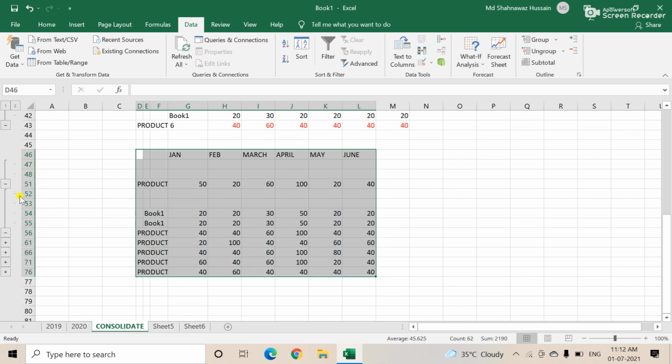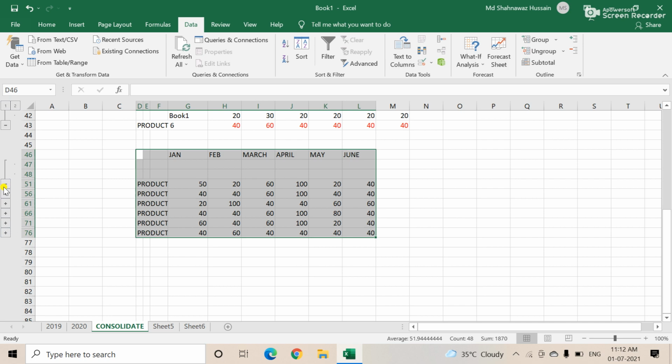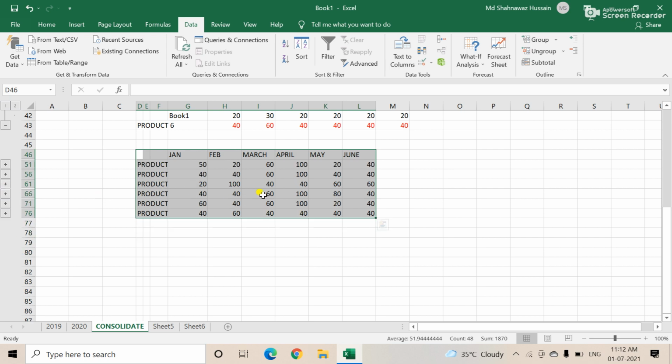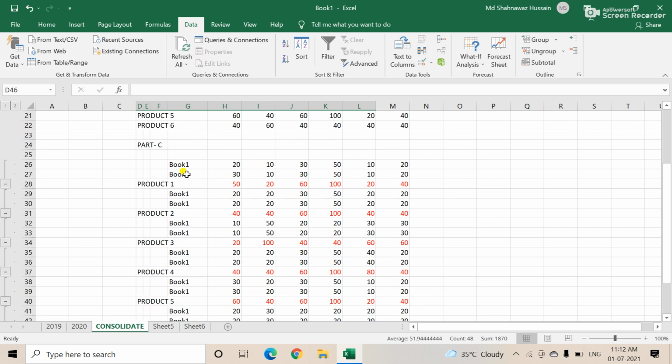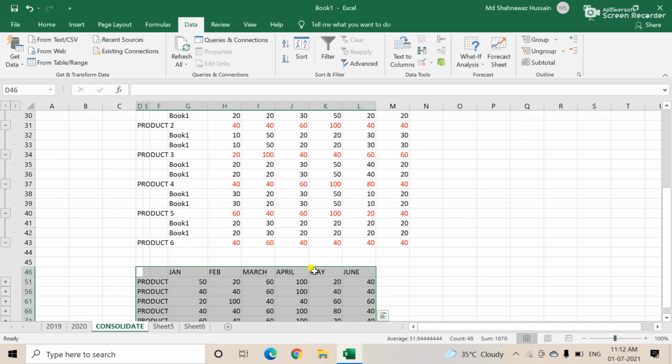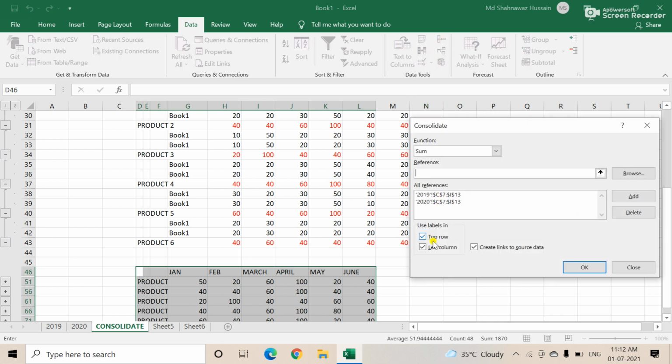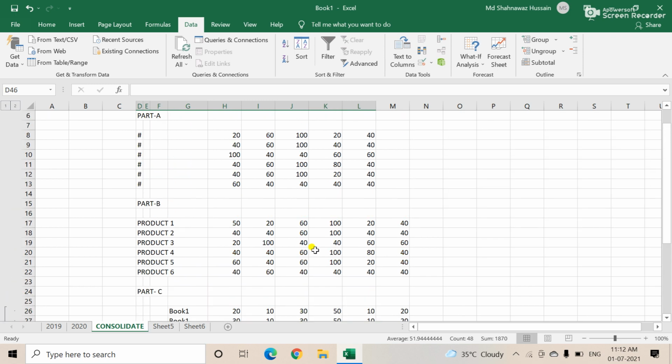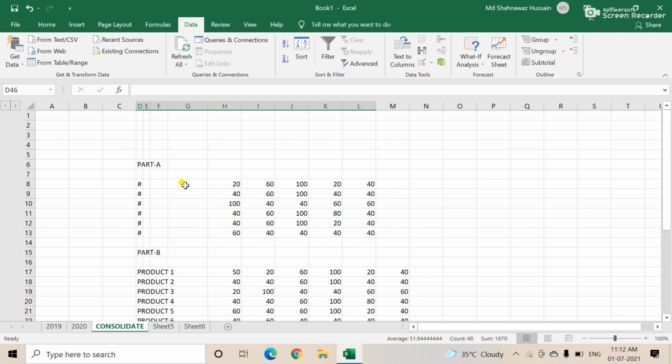This is very useful actually. In the case of the next one, January is not coming in the top row. We already selected it: in the case of use labels, first you select the left column, then after this I already selected the top row, then the top row data is coming in the months.